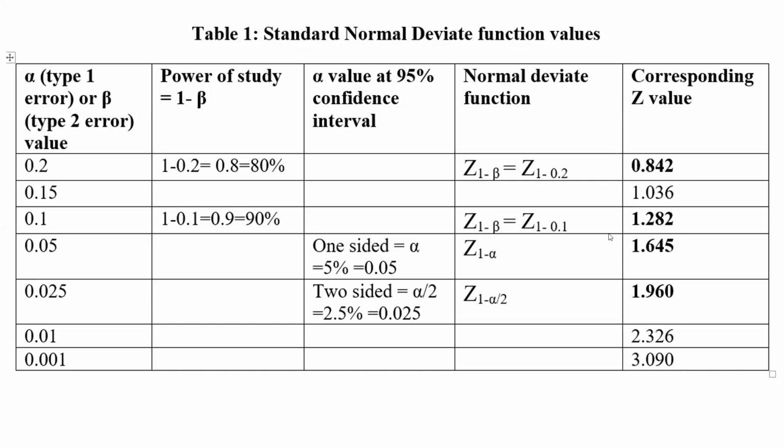And as I told you, for alpha value at 5%, or 95% confidence interval, for superiority and non-inferiority we will use one-sided alpha 5%. And this time we will use 1.645 value for Z, one-sided. Earlier, in the last 2 days, we were using two-sided Z alpha by 2, Z 1 minus alpha by 2 value as 1.96. But for superiority and non-inferiority trial, we will use 1.645 value. So this is a difference.